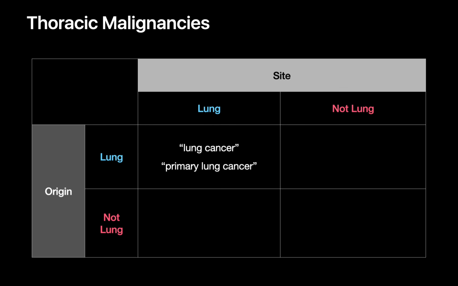We generally refer to malignancies that originate from the lung and are located in the lung as lung cancers or primary lung cancers, while malignancies that arise from another organ, let's say from the breast, for example, are named and treated by the organ of origin. So, breast cancer cells in the lung are not referred to as lung cancer, but metastatic breast cancer to lung. Likewise, when cancer of lung origin spreads to another organ, for example, the liver, it's not referred to as liver cancer, but rather metastatic lung cancer to the liver.